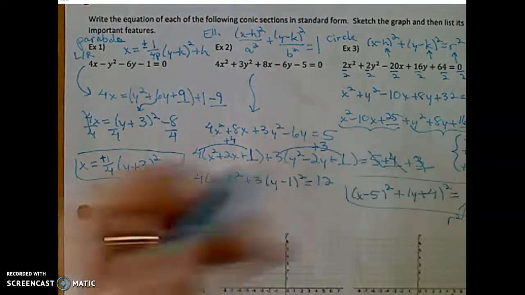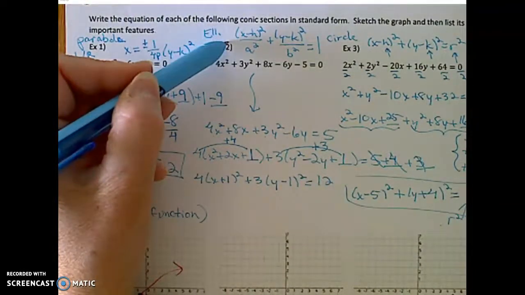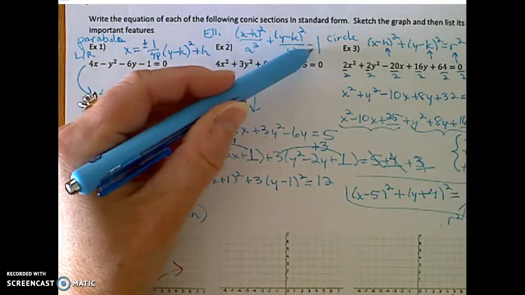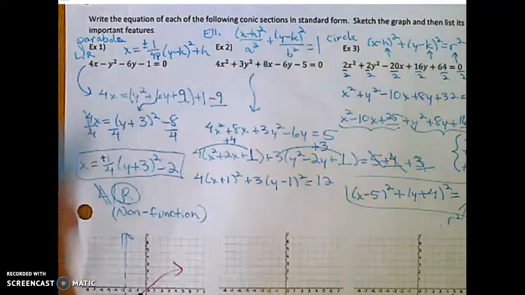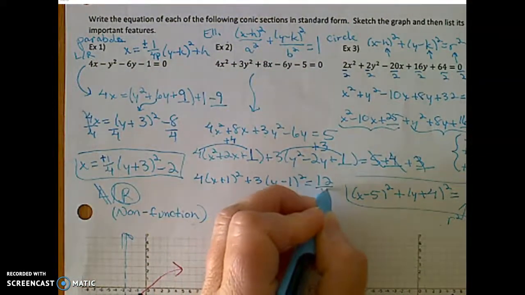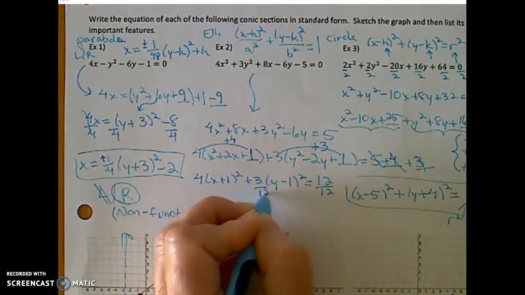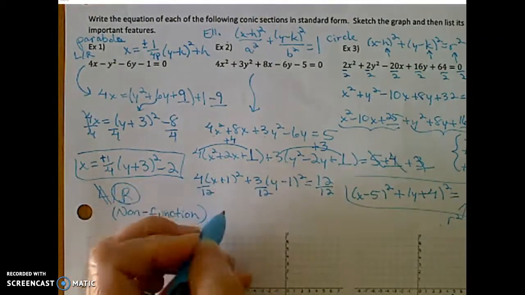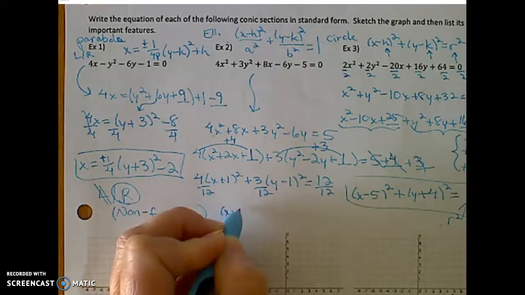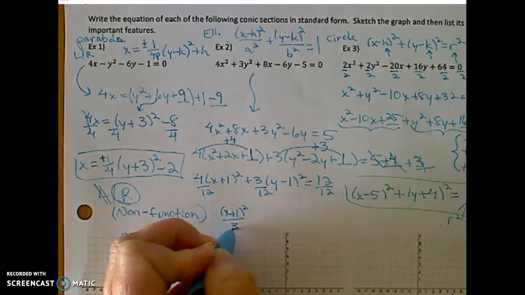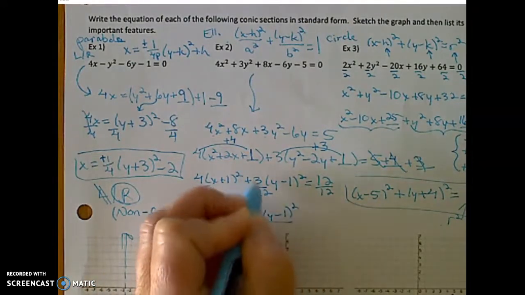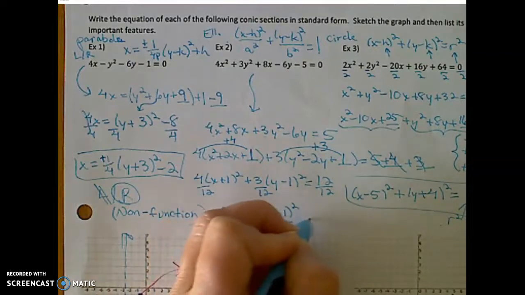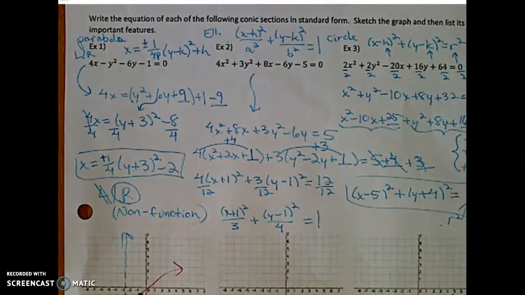12. How do I get this in standard form? I need that 1 on the right-hand side. An ellipse is always equal to 1, as well as our next conic section next week. So I'm going to divide by 12 to get that equal to 1, and that also forces those denominators. (x plus 1) squared over 3 plus (y minus 1) squared over 4 is equal to 1, is the standard